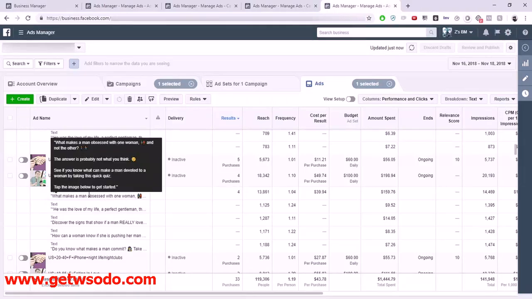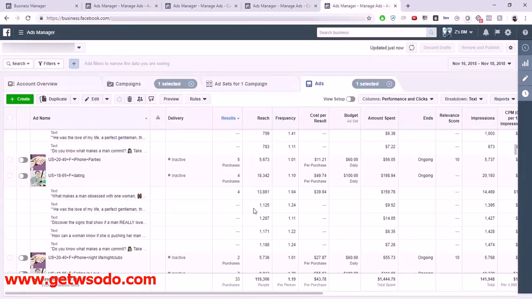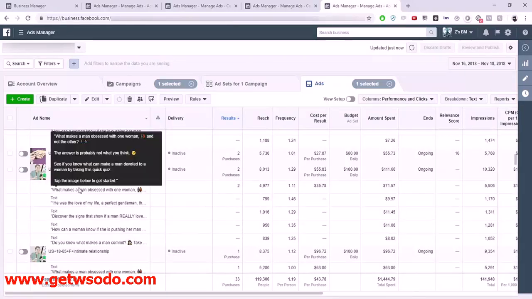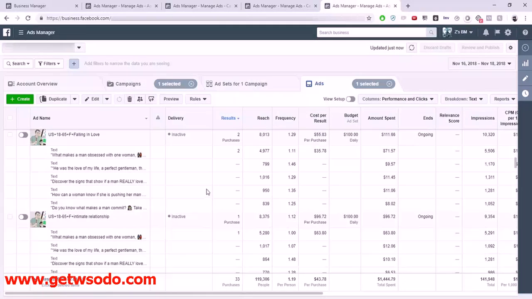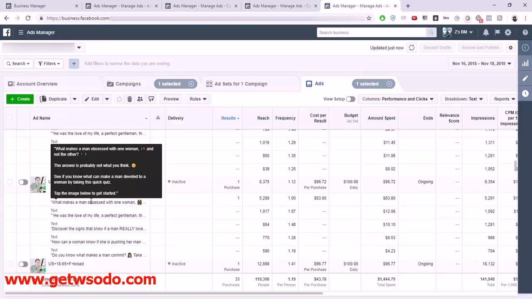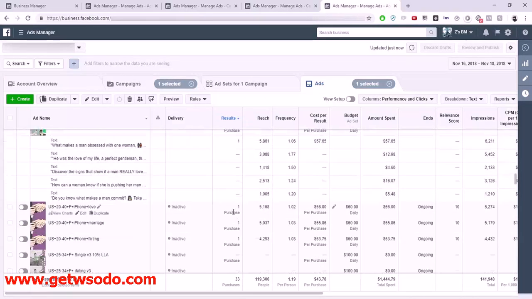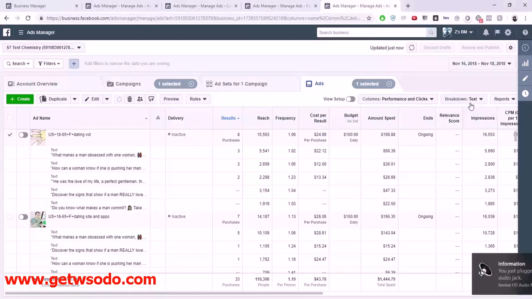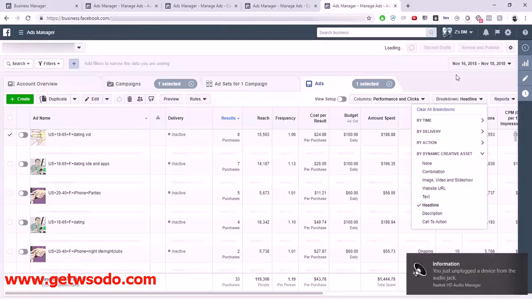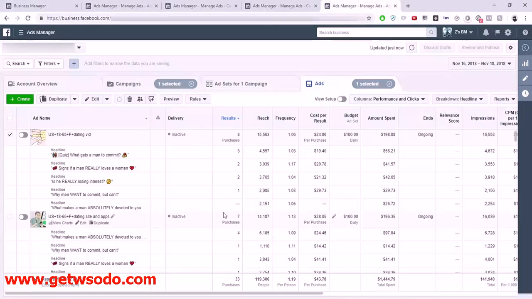So this ad copy is proving more and more that it's a winner. So I'm probably going to focus more on that. Here again. Yeah, here's another just single sale. Okay. And headline now. Gets a man to commit. Okay, so there's our